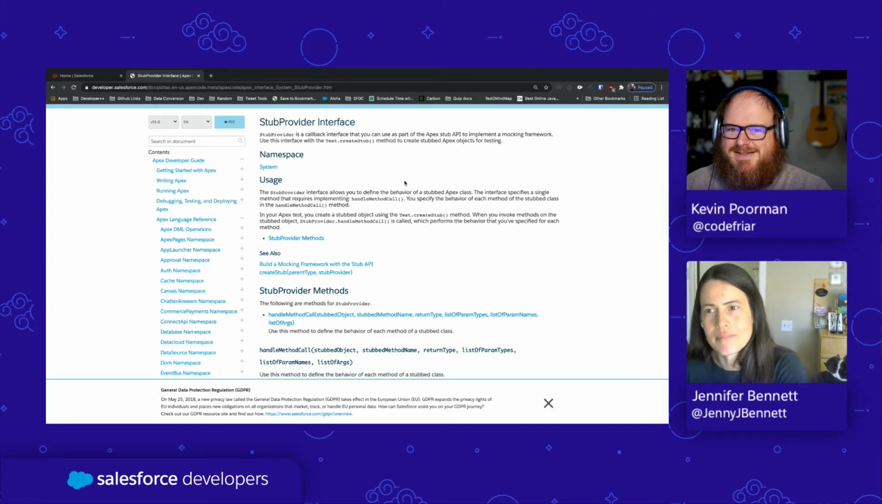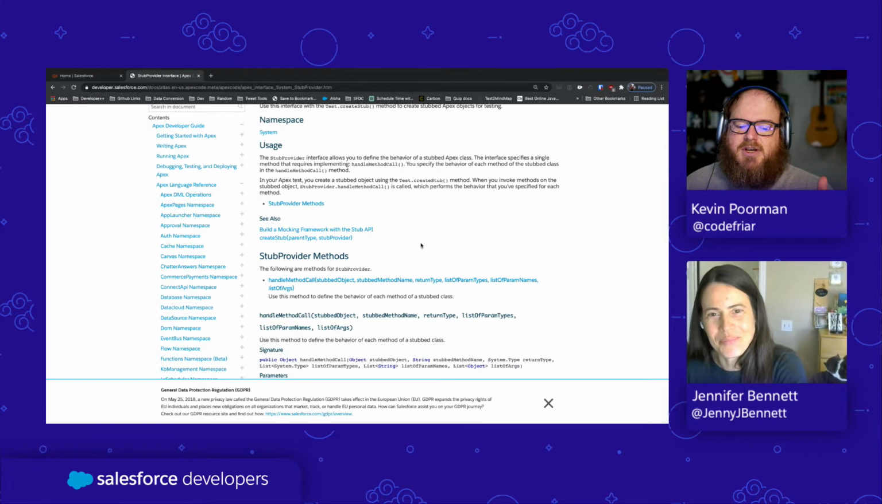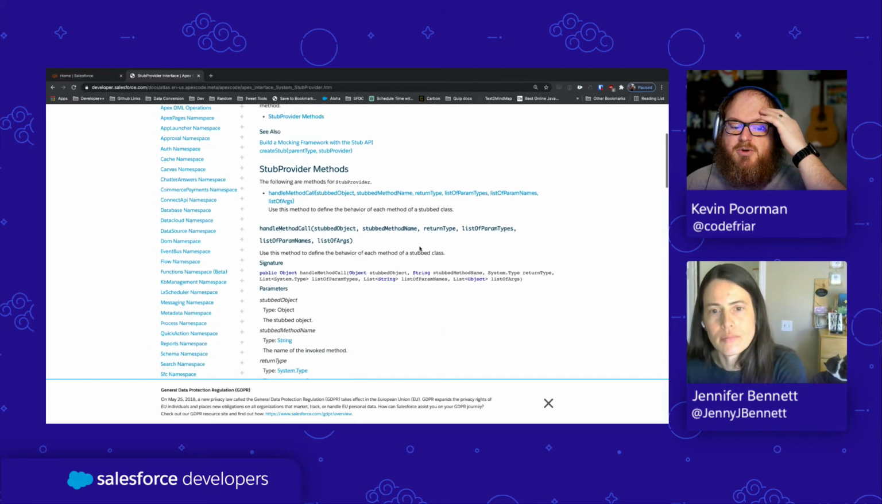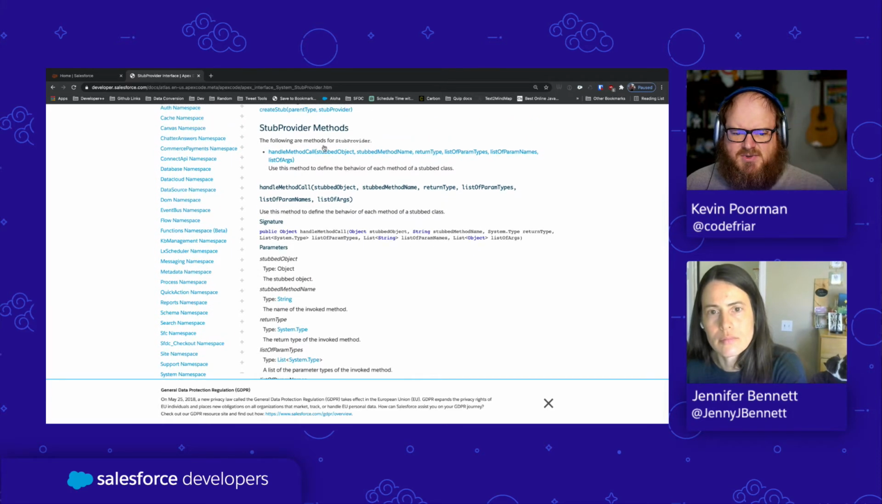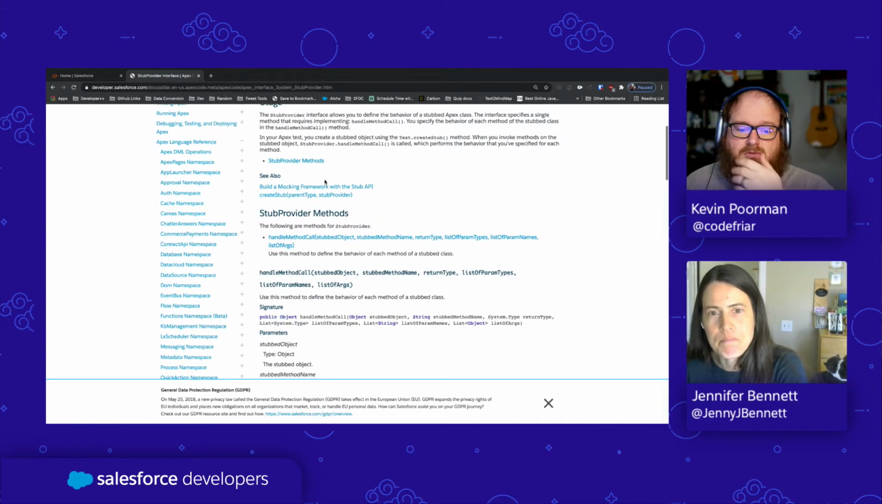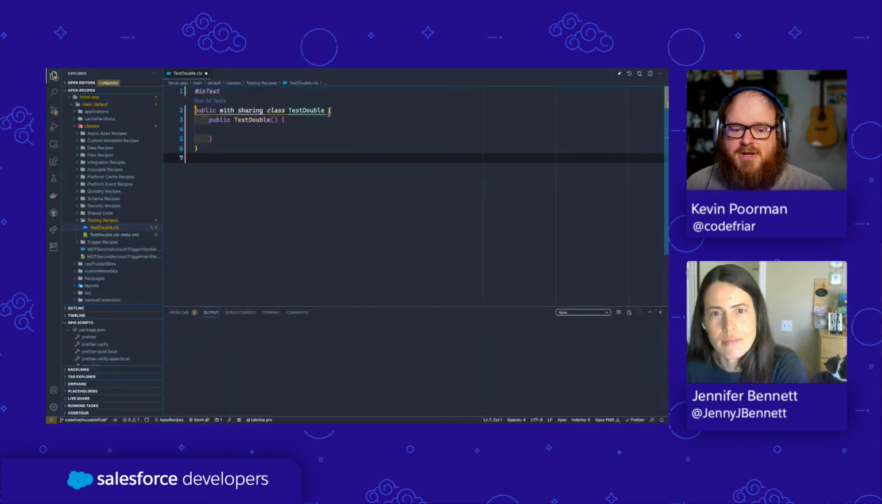That was awfully dense. Let's try and unpack this a little bit by looking at the methods and things that we have to do. So we only have this one method. Is it just one method? handleMethodCall, that's it. That's it? That's it. Our code here, we've got to implement